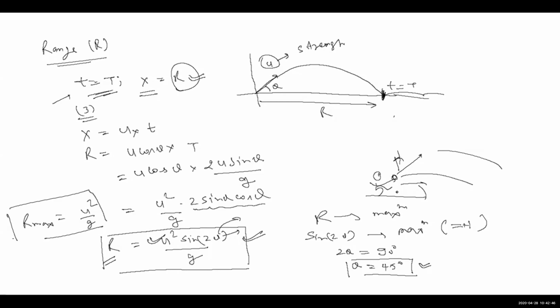So whenever I'm dictating, the best case scenario is don't write as I say. Always change the language. The crux should be the same, but the language should be yours. So we will write here that when we want maximum range, the angle of projectile should be 45 degrees. Or you can say if the projectile is thrown at a 45-degree angle, the range will be maximum.